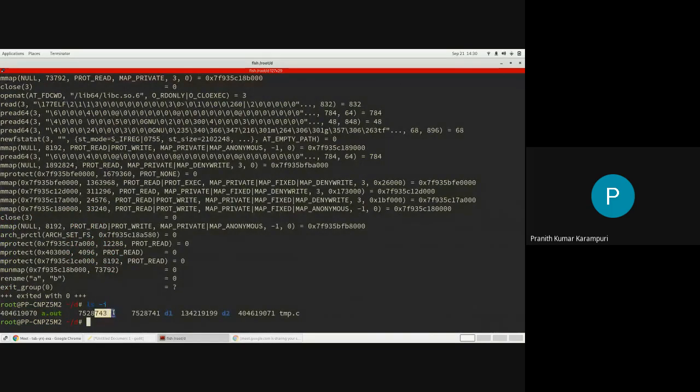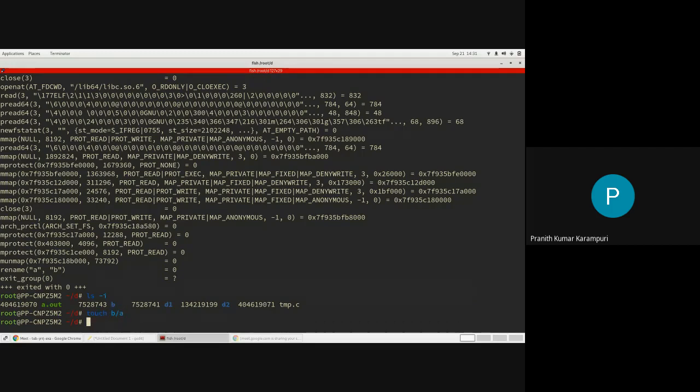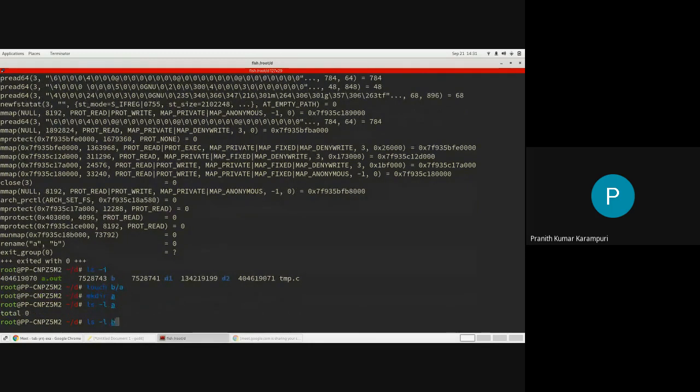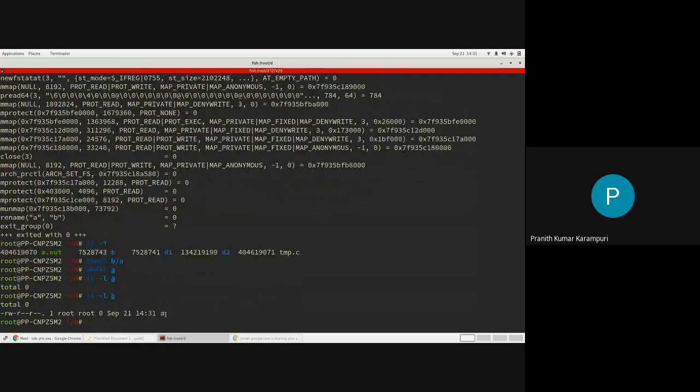Okay. Yeah, got it. Now, but let's say we create some file inside B. This is an empty directory, but the destination directory has some file now, right?